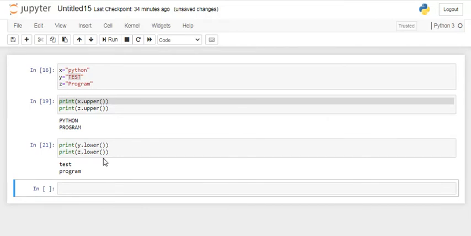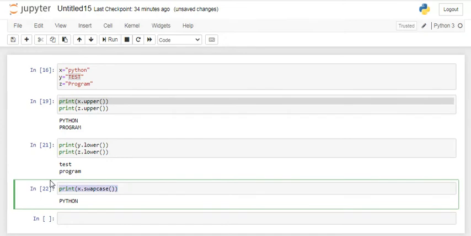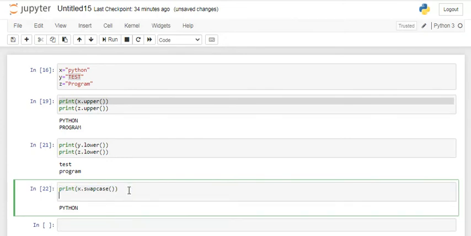And instead of going through these two things, we can use another shortcut, one more built-in method which we have, which is a direct method, simply x.swapcase(). If you write it, if the elements are lower, it will convert them into upper. If the elements are upper, it will convert them into lower. Let's try and see for y and z also, then we can get a clear picture about it.